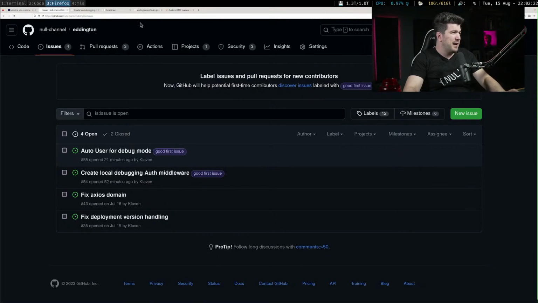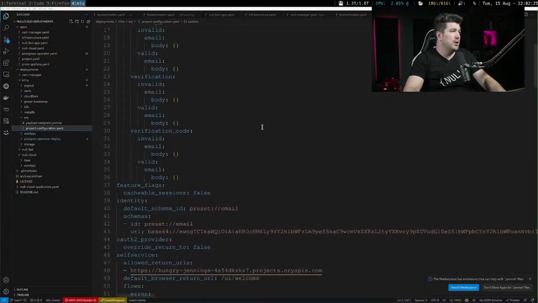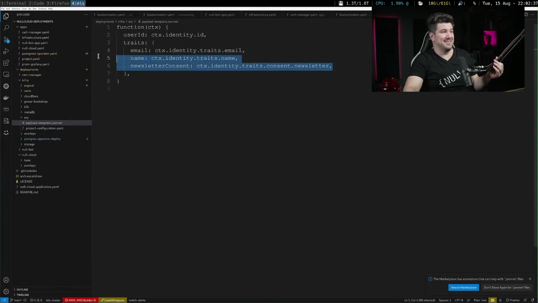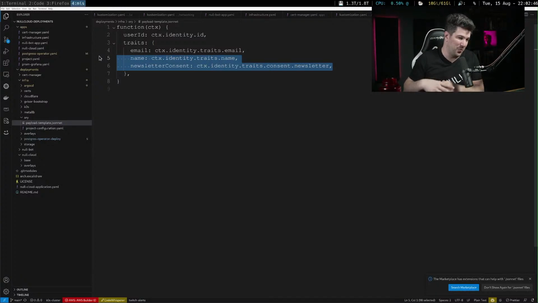What got me on this? I got on it because I was thinking about this. So this is actually a bad template. Surprise, surprise! I wrote a bad template. So it turns out I don't have these things. I don't have them, so Ori can't put them in the webhook call because we don't have them.